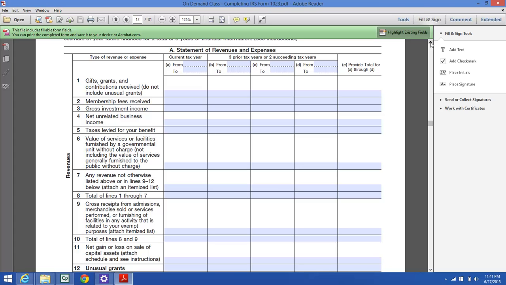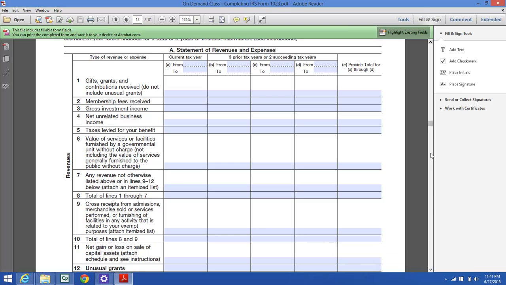Most people put the revenues in line 1 because most revenues are going to come in the form of gifts, grants, and contributions. So let's say that your total expenses equal $100,000, and if you believe that you're going to get revenues from just the sources listed in line 1, then you would put $100,000 on line 1 and be done with it. But I would like for you to look at lines 2 all the way